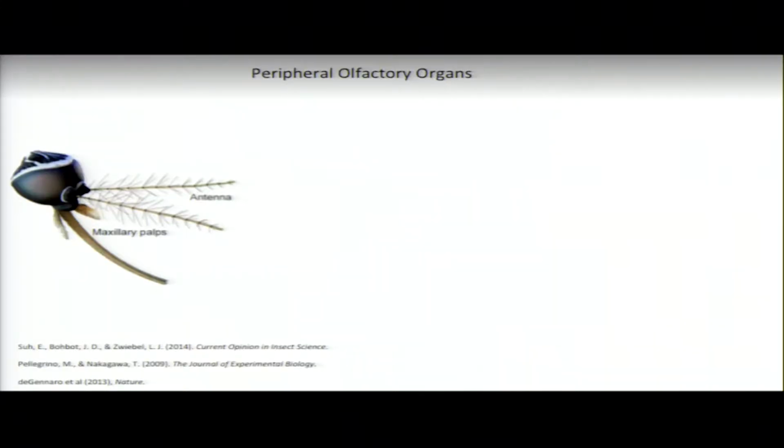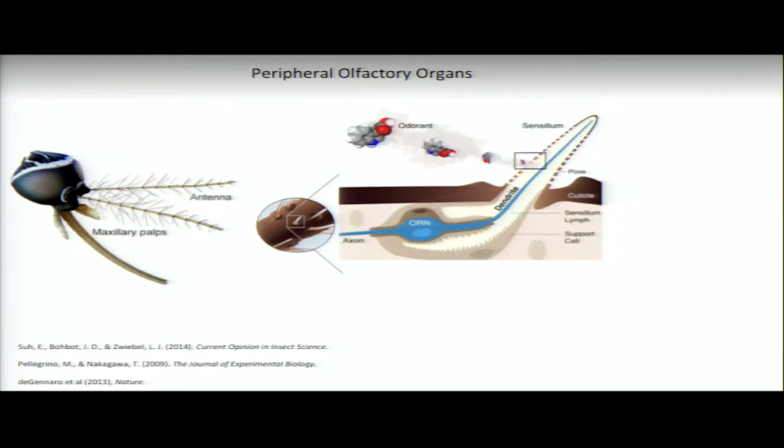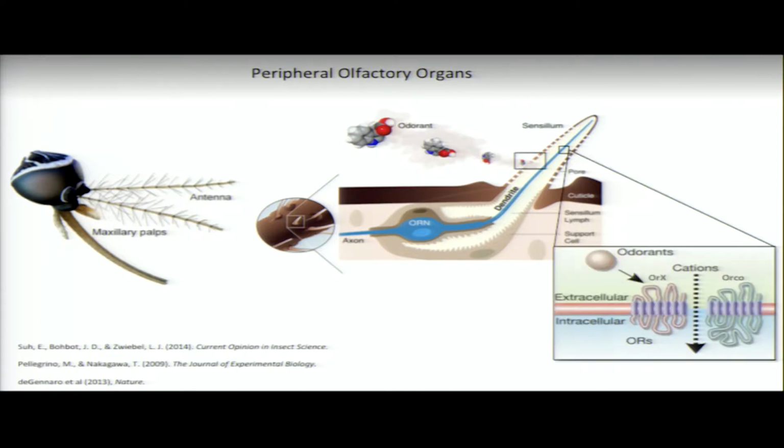Now, these odors are detected by the sensory organs of the mosquitoes, which are mainly the antennae and the maxillary palps. On these organs, if we look closely, we will find sensory hairs called sensilla, and within this sensilla there are olfactory receptor neurons which express olfactory receptors. There are about 100 types of olfactory receptors which work in combination with a protein called orco. It has been shown in Aedes aegypti that if you mutate orco, then the attraction to humans reduces, which means that the olfactory system is playing an important role.